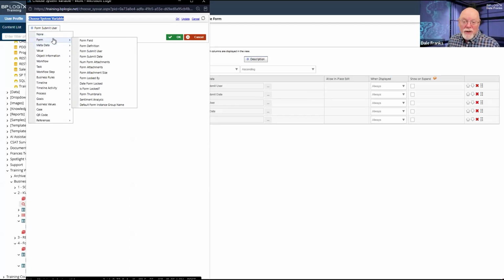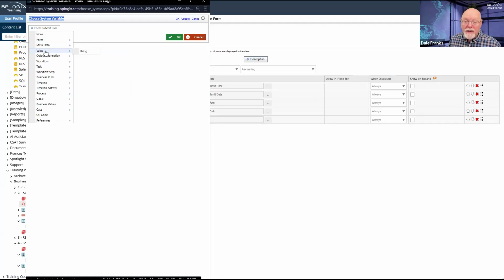Form submit user is a system variable. Sure, we have the cool little menu thing where you can come here and pick form submit user, but it's actually the system variable. What that means is, I can use system variables as actual column names. Now, we're going to make it easy for you to do that with the menu, but there's no rule that says you have to do that.